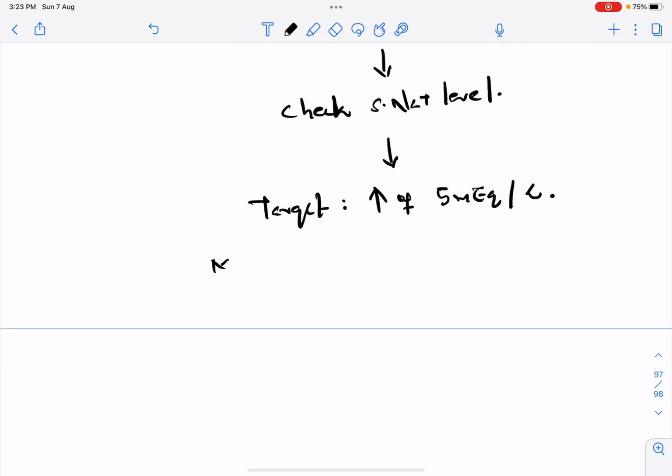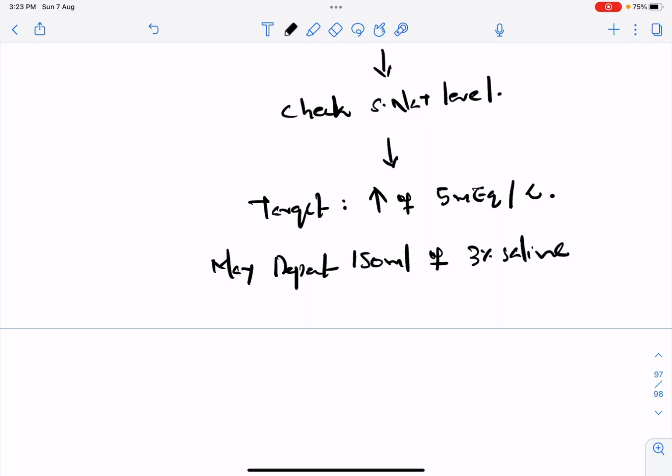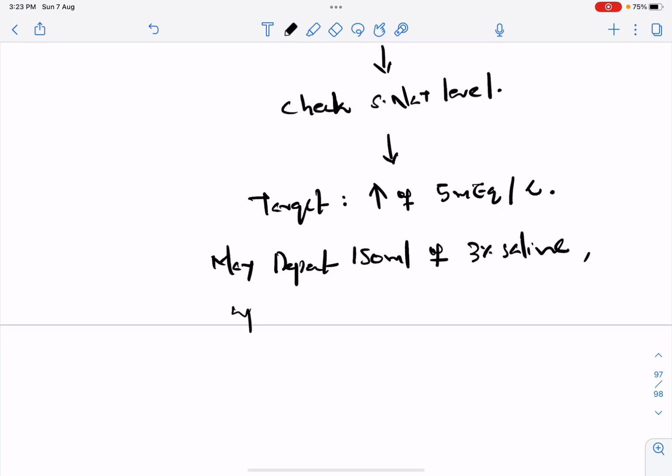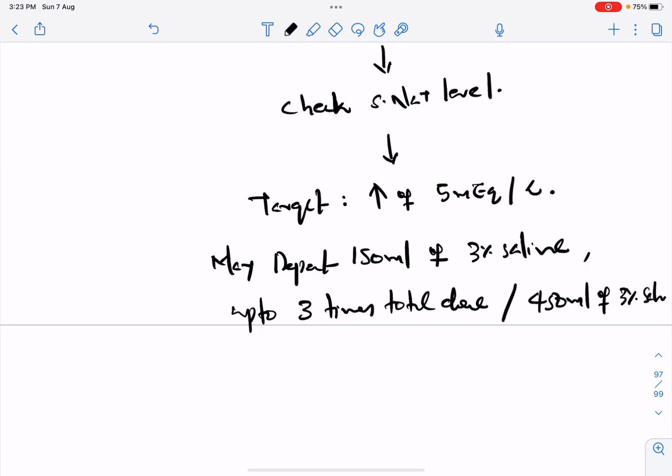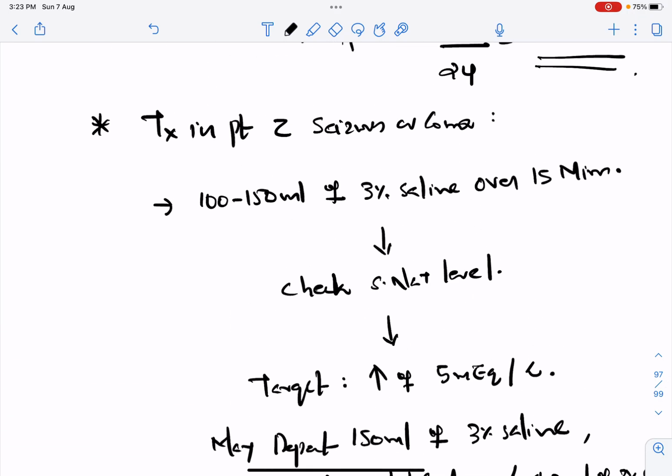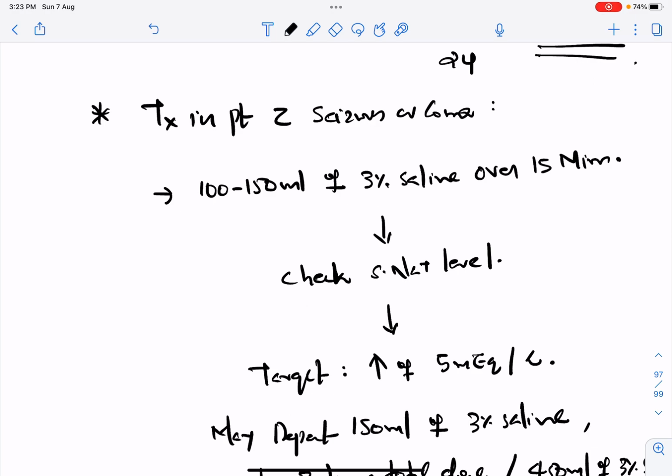You may repeat 150 ml of 3% saline to achieve an increase of 5 milliequivalents per liter of sodium, and you may repeat up to 3 times, or a total of 450 ml of 3% saline. Okay, this is another method for correcting sodium deficit in a patient presenting with a hyponatremic seizure